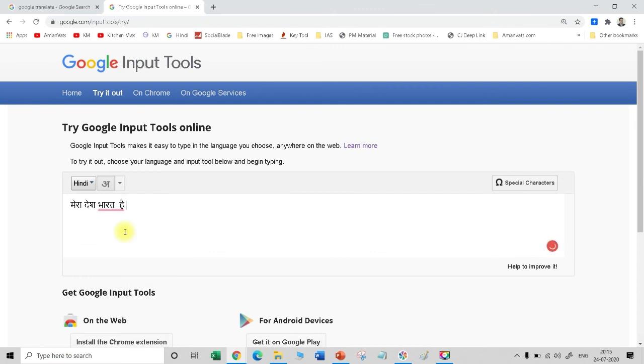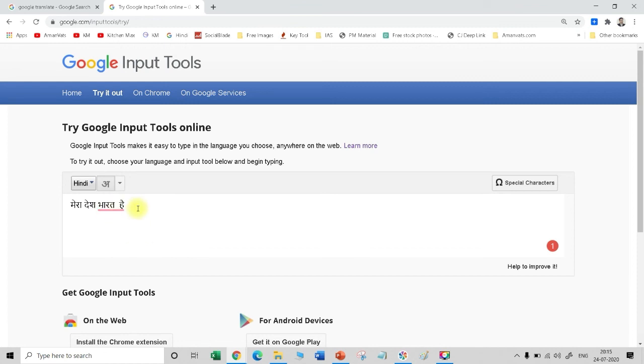So I have written India is my country, and this is translated automatically into Hindi. I wrote Mera Desh Bharat hai on my English keyboard, and that converted into targeted Hindi. You can write complete articles on this Google Input Tool. I have done that.